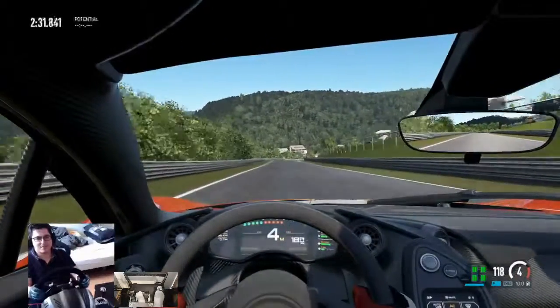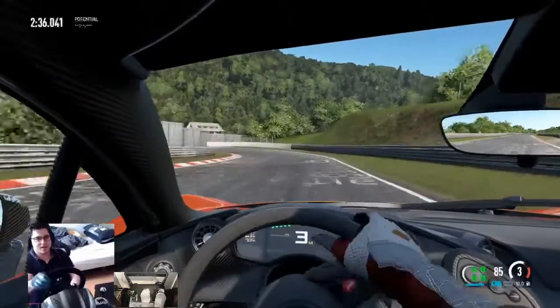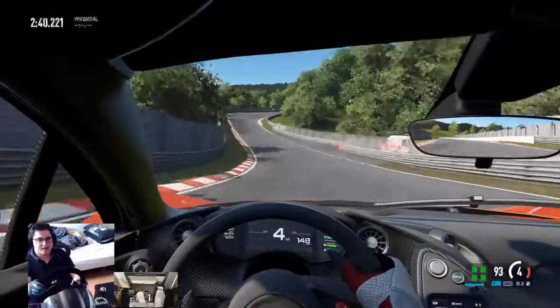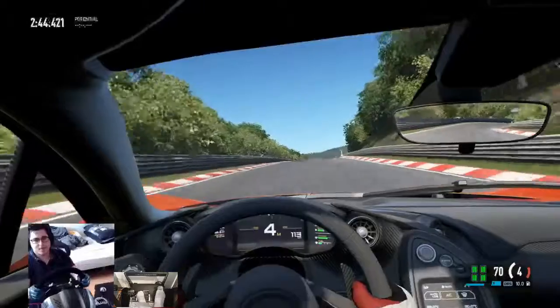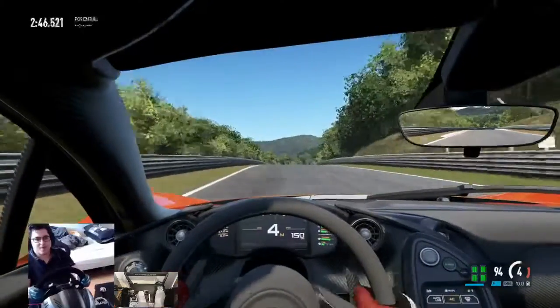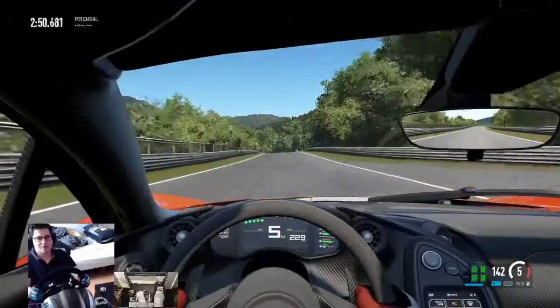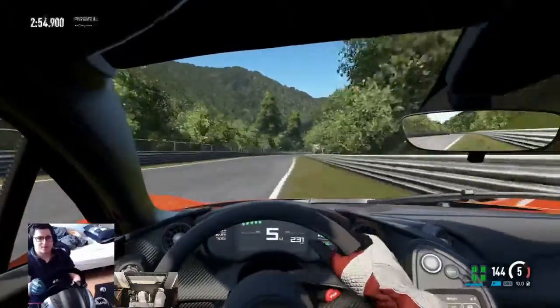Oh, the back end stepping out there as well, fighting back for traction as we brake hard into 3rd gear, nice and easy, and into 4th. We'll keep it in 4 through here because this could get rough. And back on the power. You can see the steering wheel just fighting me for traction as I go up the hill, and manage to keep it under control as we go